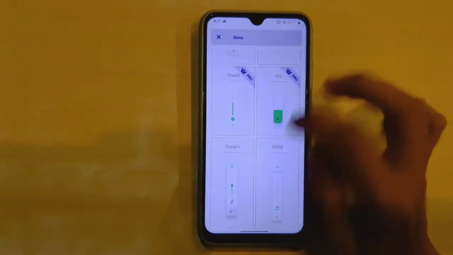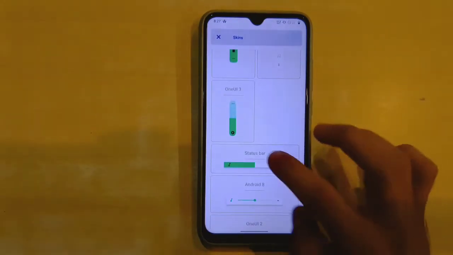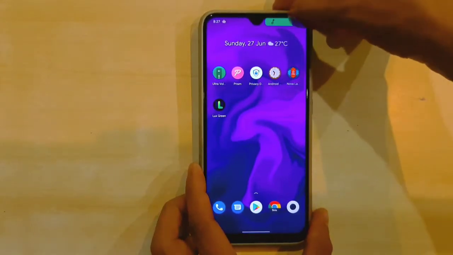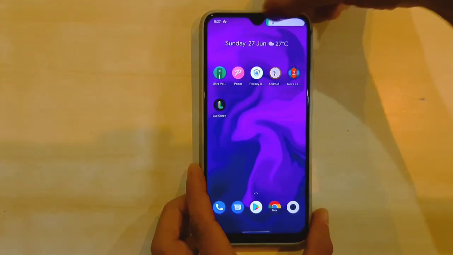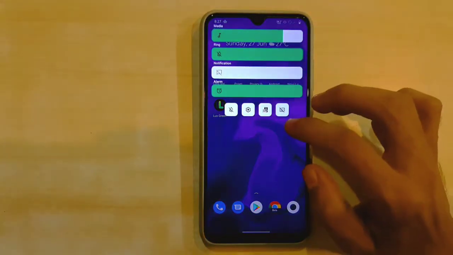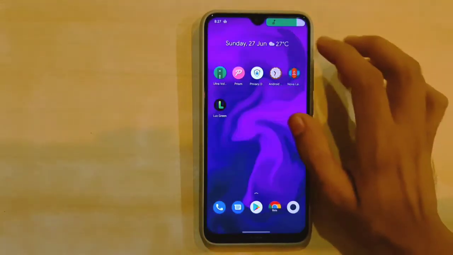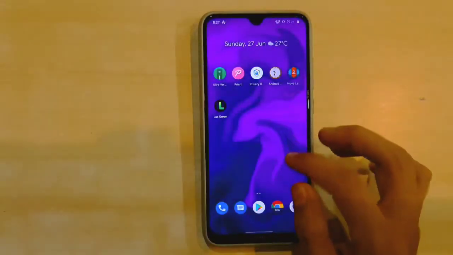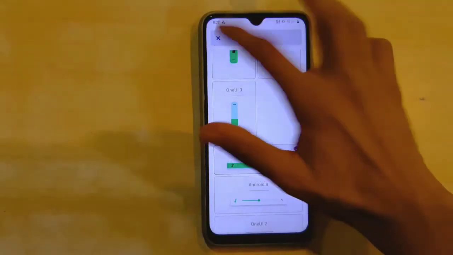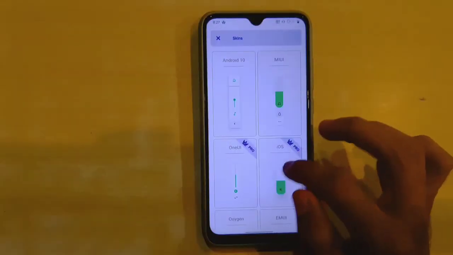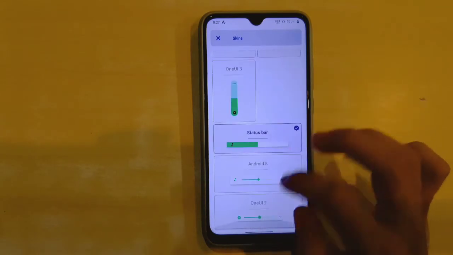There is one more theme which is good, with the status bar, where you can reduce and increase the volume from here. After pulling it down you get to see other types also, just push it up and it will go away. There is also a paid version for this app which will give you more control over it, like unlocking One UI and iOS styles.